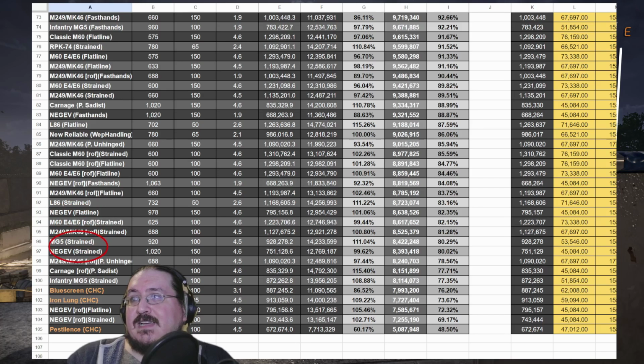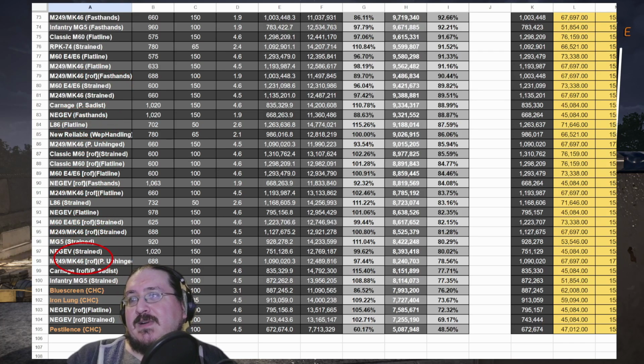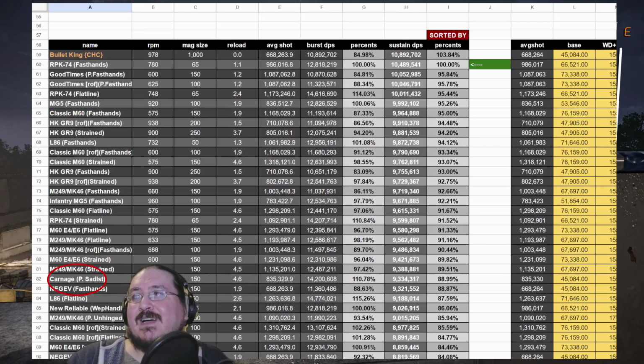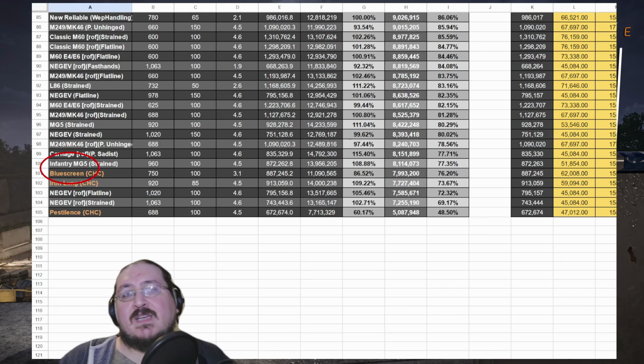Any other standouts? Not particularly. Of course, all of the fast hands are more at the top. The flatlines are in the middle. The strains are way around the end. But also, we're ending up here, while we had the Bullet King all the way at the top. The other 3 exotics are very much here at the bottom. All 3 of them